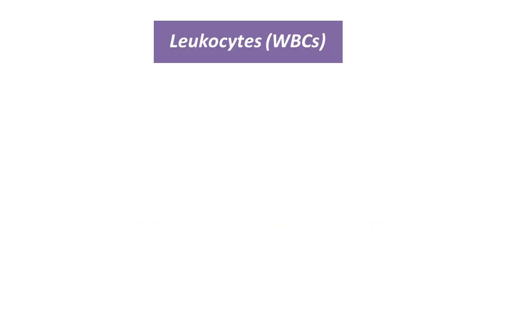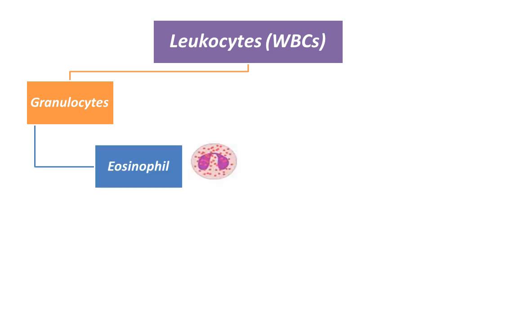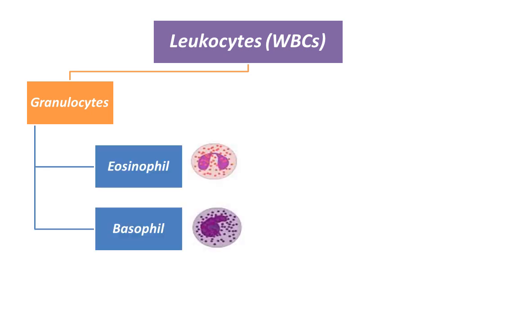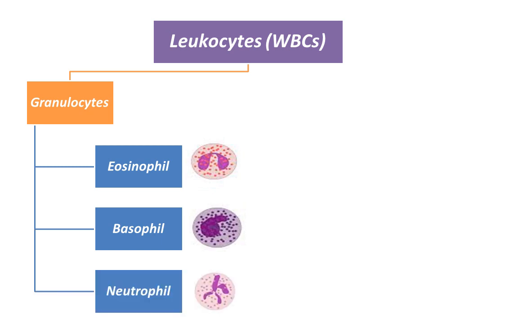There are two major groups of WBC, that are granular leukocytes and agranular leukocytes. Granular leukocytes have conspicuous granules in the cytoplasm that can be seen under a light microscope. The three types of granular leukocytes are eosinophils, basophils and neutrophils. Each class of cells displays a distinctive coloration under a light microscope after staining.